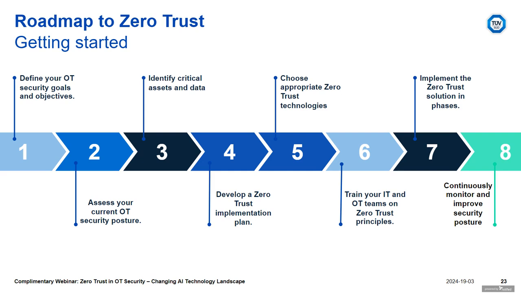Train your IT and OT teams on this principle so they understand and follow it. It helps guide them on how we can adopt this principle, and it eventually helps implement the zero trust solution in a phased manner in 7 steps. The last step is how organizations do continuous monitoring and improve their security posture. Eventually you have your own incident management or existing solutions, and you continuously monitor all your threats, which definitely helps improve the security posture.